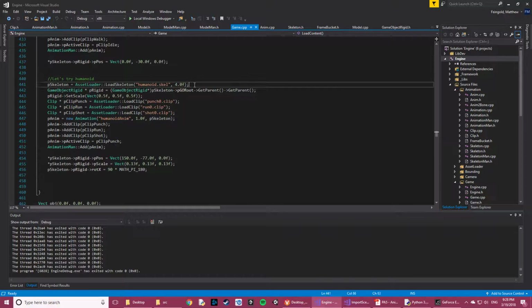For the humanoid, I load the skeleton from my asset loader. I make the bones smaller since there's more of them, and I want to be able to really see them distinctly. I grab the rigid game object from it, and the skeleton has some weird data that actually has it rotated, and it's really big and in weird positions. So I scale it down to 0.5, and then